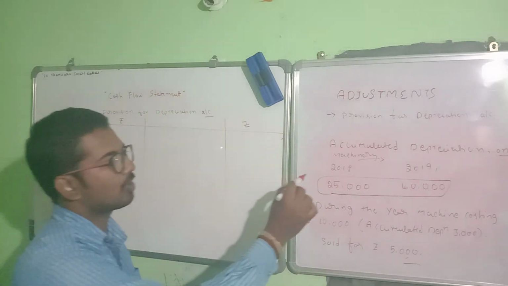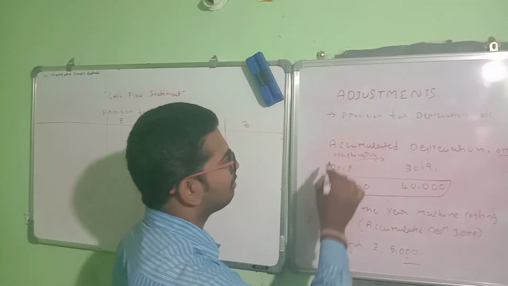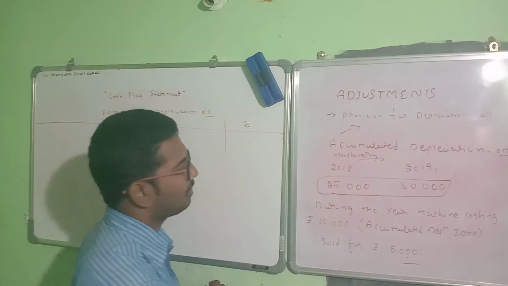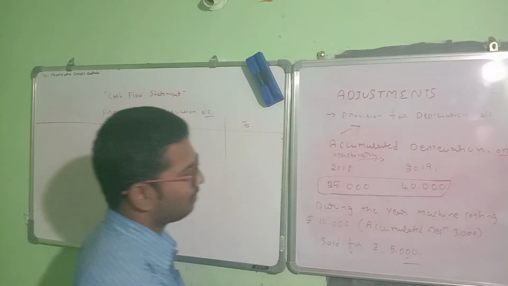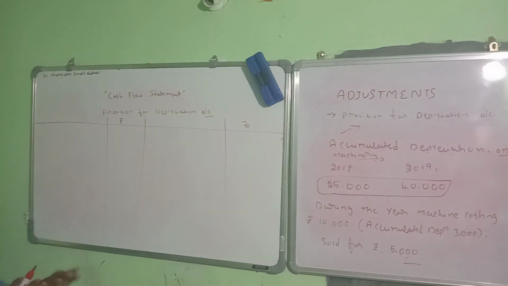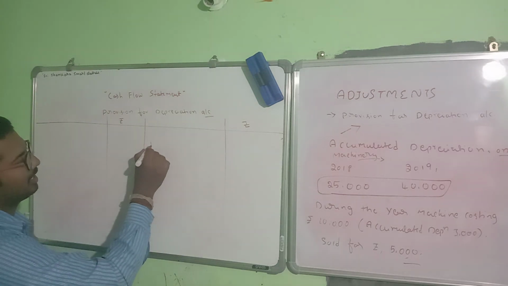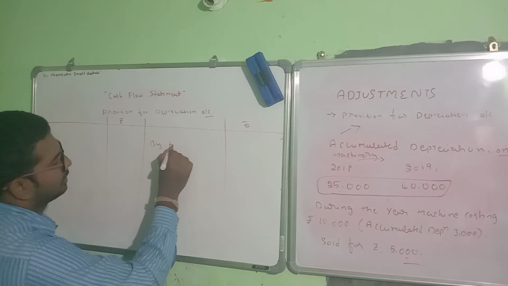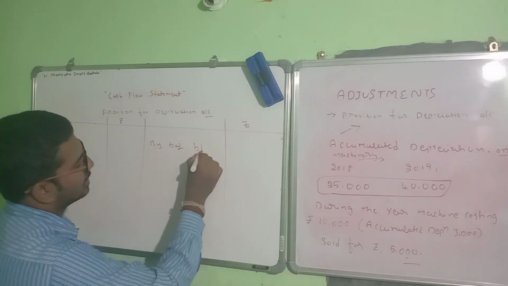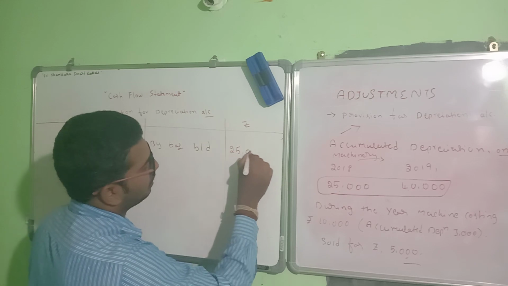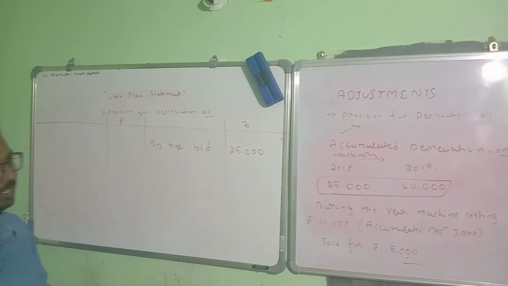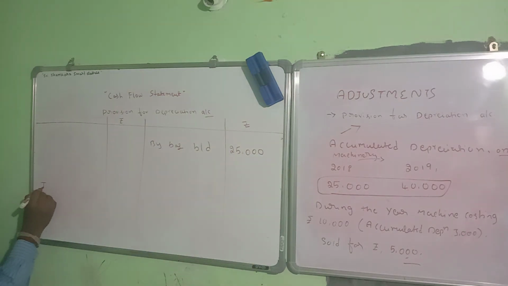So here they have given accumulated depreciation of machinery, nothing but provision for depreciation of machinery account. So opening balance is 25,000, closing balance is 40,000. So again it's a liability account. Liability account always starts on the credit side, by balance brought down 25,000, and again closing balance, to balance carried down